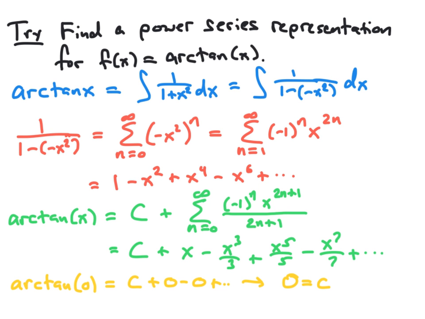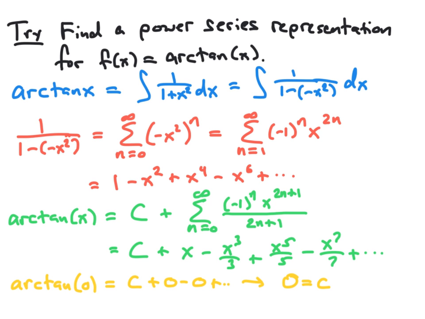We know the derivative of the arctangent function is 1 over 1 plus x squared, and therefore the arctangent of x can be thought of as the antiderivative of 1 over 1 plus x squared, which we can write as 1 over 1 minus negative x squared. So we start by finding a power series representation for 1 over 1 minus negative x squared, and then antidifferentiate it term by term. 1 over 1 minus negative x squared is a geometric series where negative x squared is substituted in for x, and therefore the power series representation is the sum from n equals 0 to infinity of negative x squared quantity to the n,